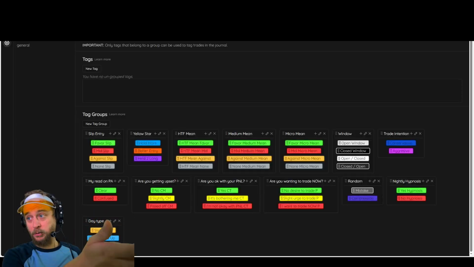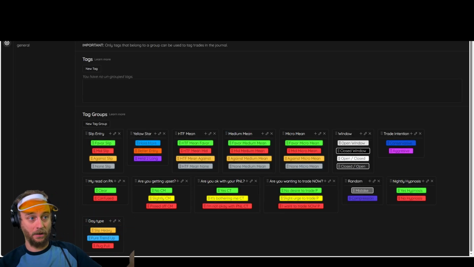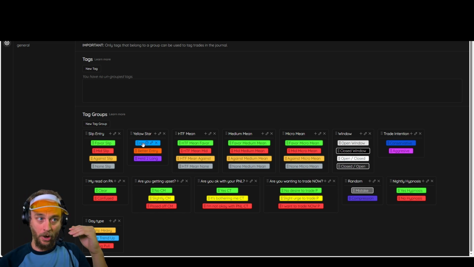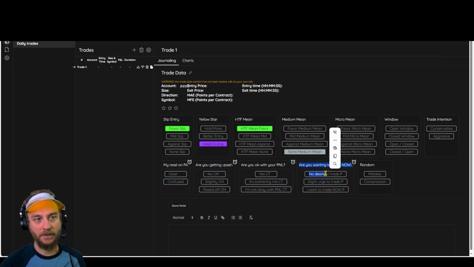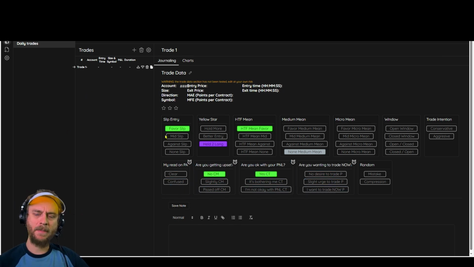So with this platform, all of these tags are remembered. All you do is quickly come in here and pick the tags you need in specific categories. If I don't misclick. And if I maybe need to retag something, I just do this, or when I review,